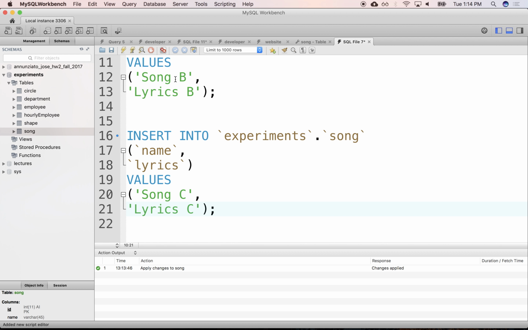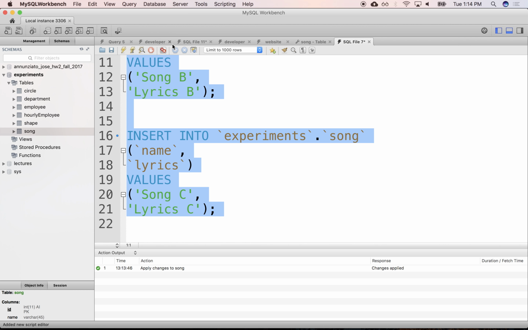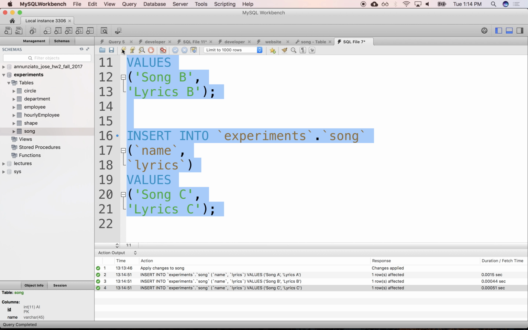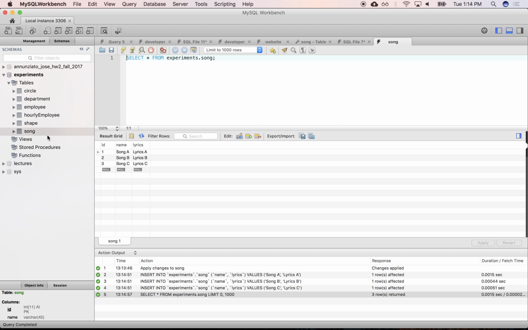C, just those three. Select and run this, and it creates those three songs just to verify that indeed they are there. We can select them, and indeed they are there. All right, so for this typically to work,